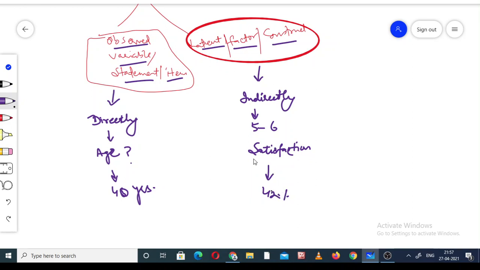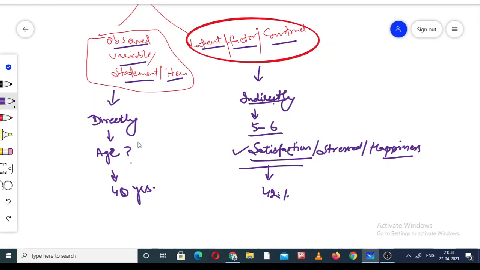So with satisfaction related questions, or stress, how stressed you are, or happiness, these cannot be asked directly. The answers can be obtained through 5-6 questions. That is why they are indirect. We cannot say 42% I am happy, or 42% stressed. So that's why they are indirect. This is direct, this is indirect.